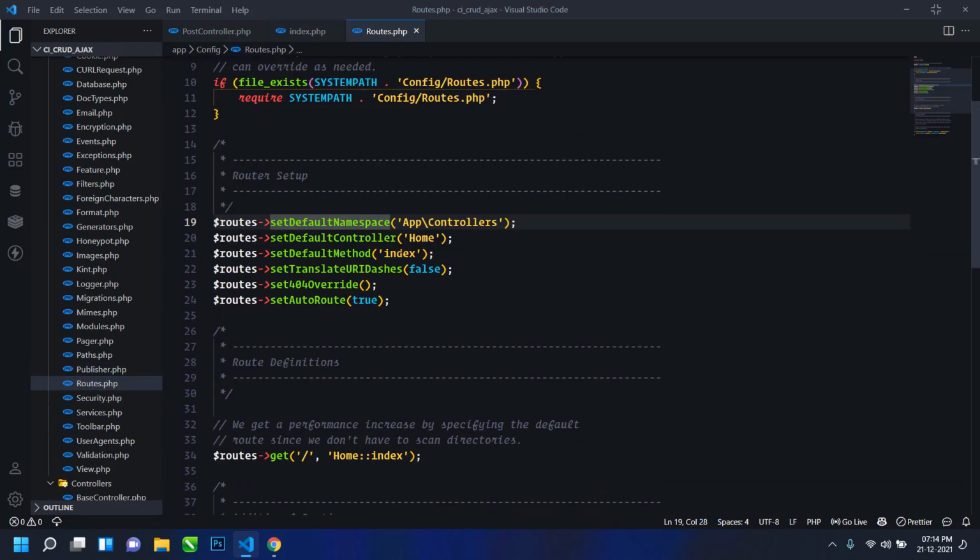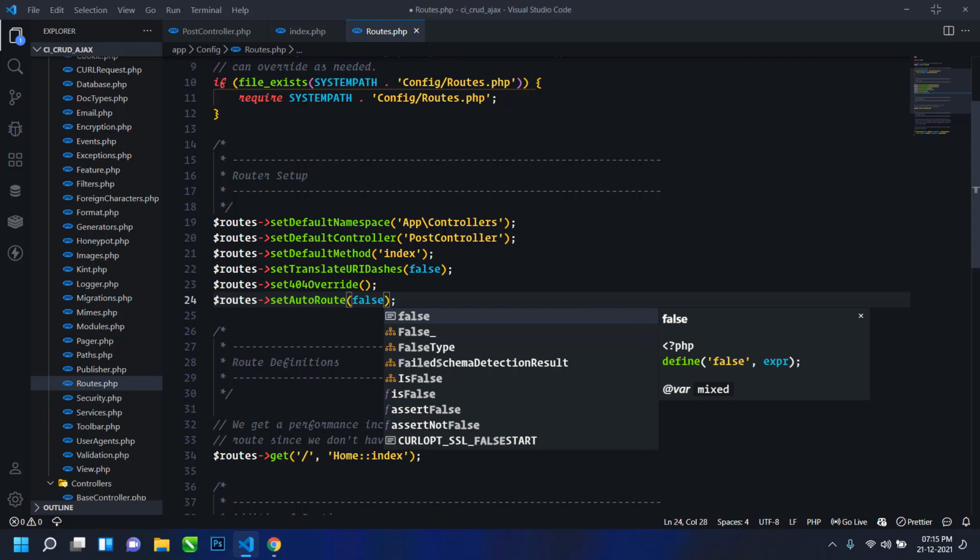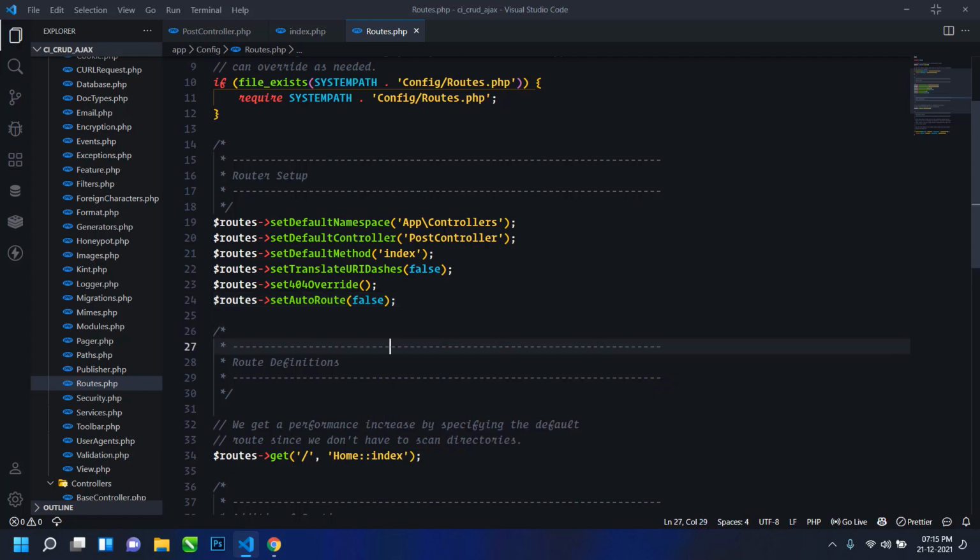Here I will change something, like set default controller. I will change it to PostController, and the default method will be index. I will also make set auto routes false, because I will define all the routes here.